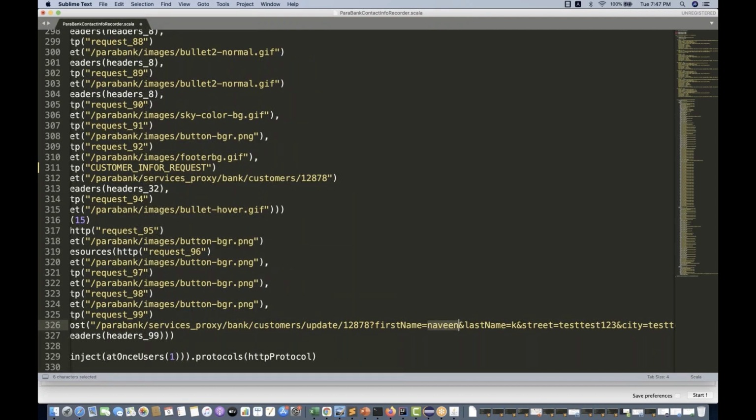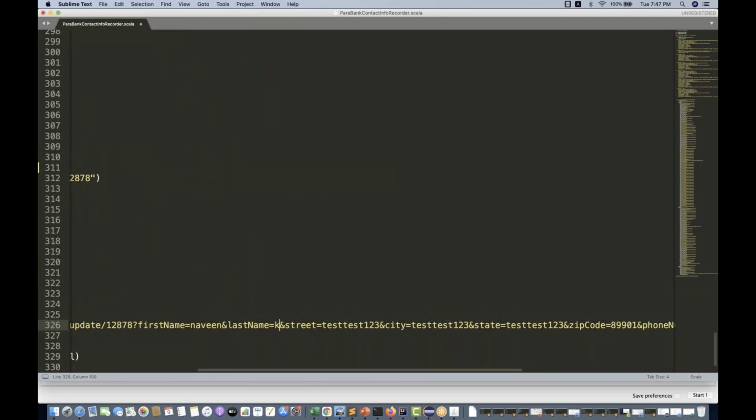And first name is equal to Naveen, last name is equal to K. So I simply update the records over here, and when I run this script, it should be updated in Parasoft, and when I look at the web, I should get the latest records. So I write last name equal to automation.